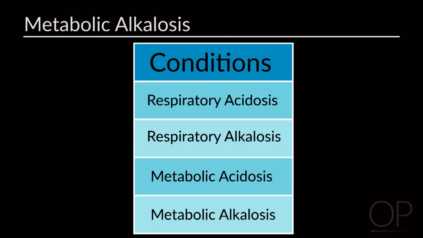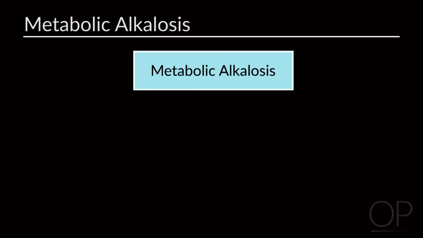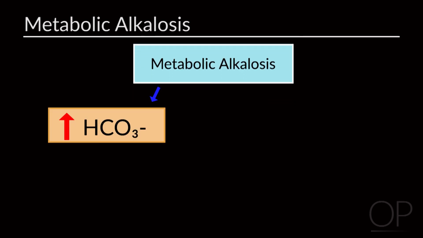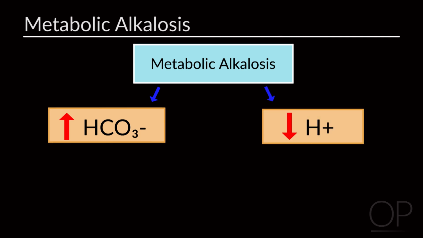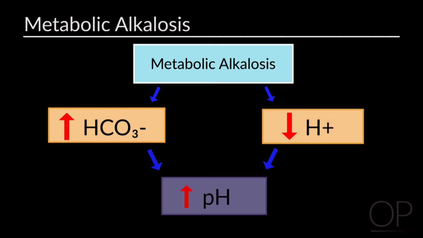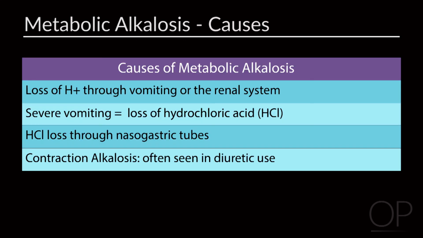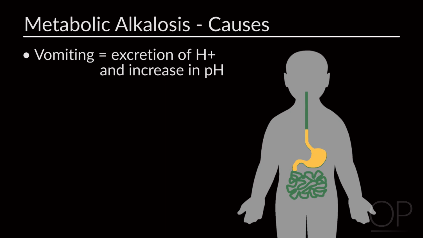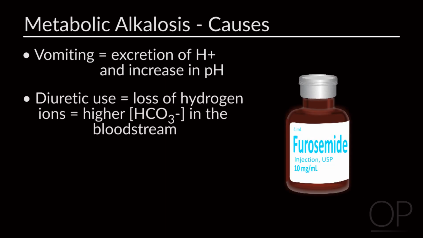The final condition we will discuss is metabolic alkalosis. In metabolic alkalosis, there is a primary gain of bicarbonate or loss of acid or hydrogen ions resulting in an elevated pH. Listed are the most common conditions that cause metabolic alkalosis. The loss of hydrogen ions occurs through two mechanisms: loss of acid through vomiting, or gain of bicarbonate, common with